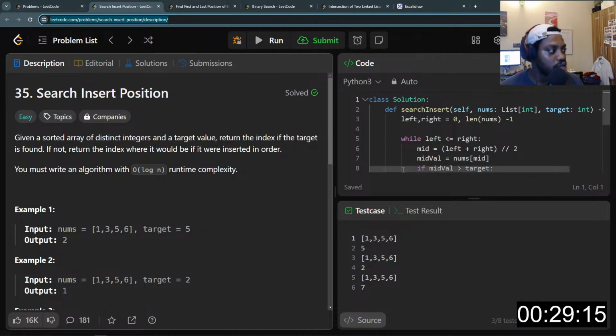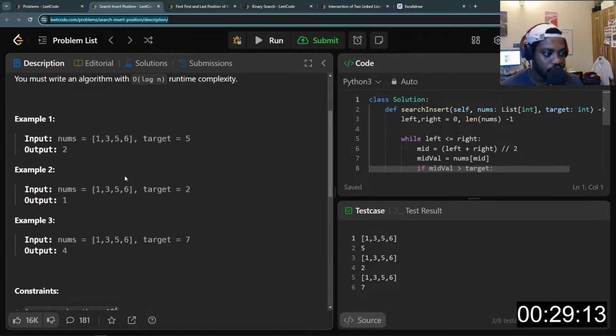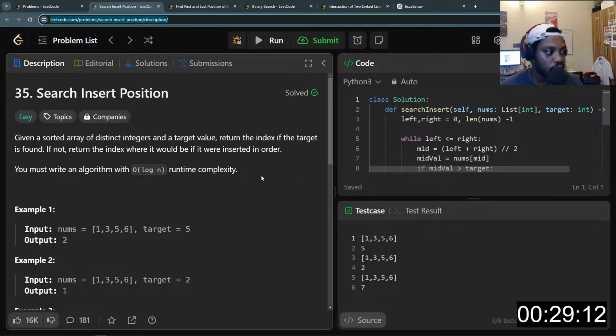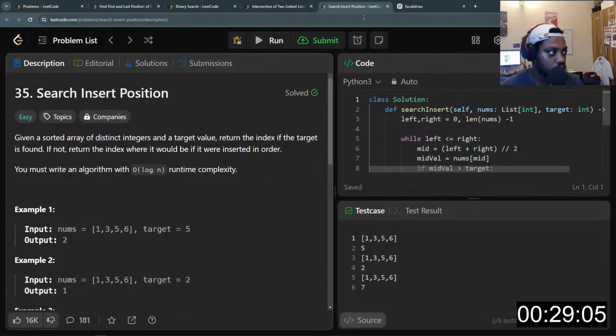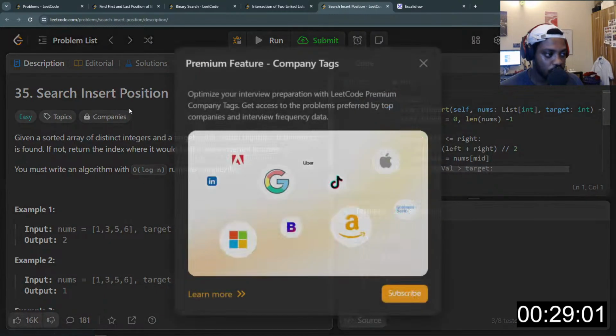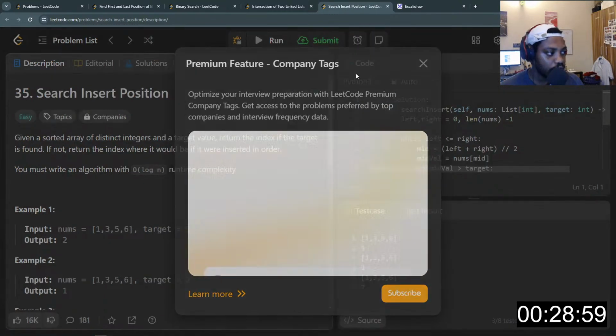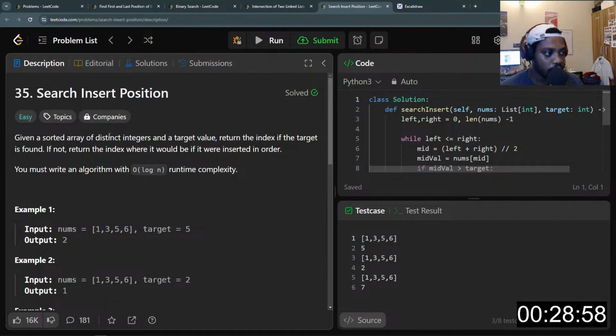So let me quickly explain. I'd solved this question already, but it's quite easy. Sorry, let me come here. So the first question I'm going to solve is this one, which is a binary search problem, and the